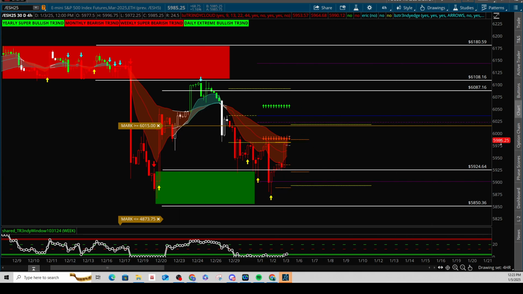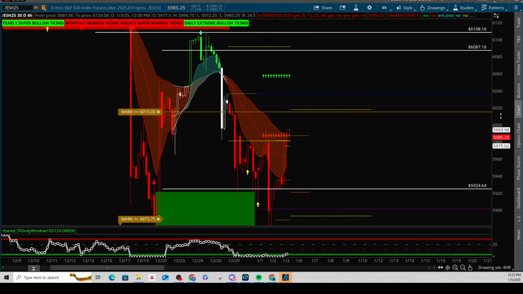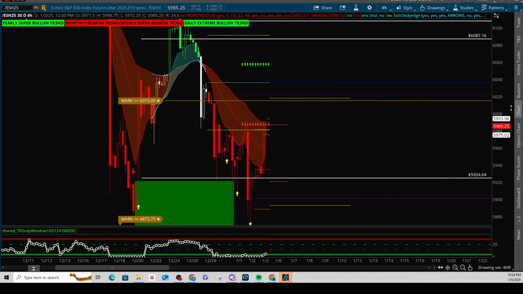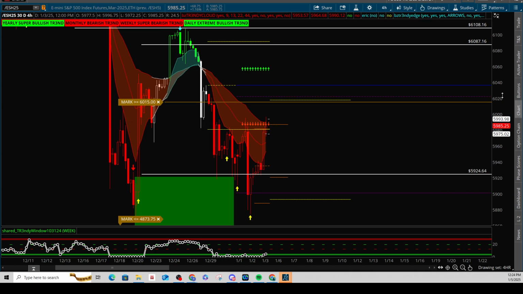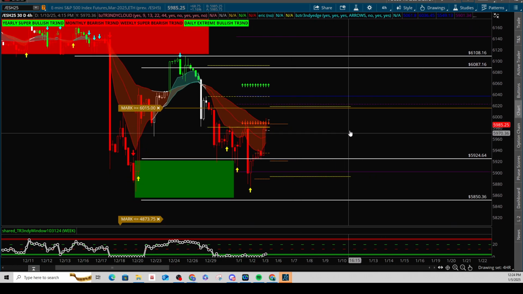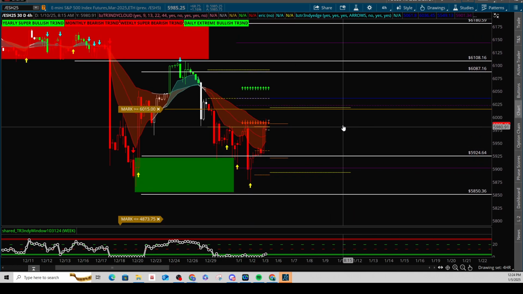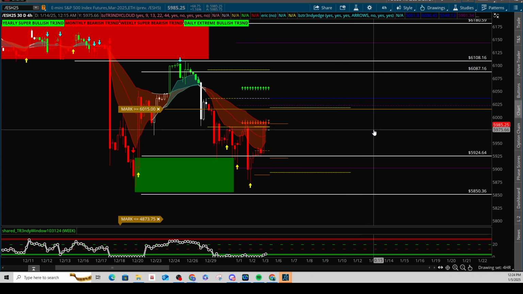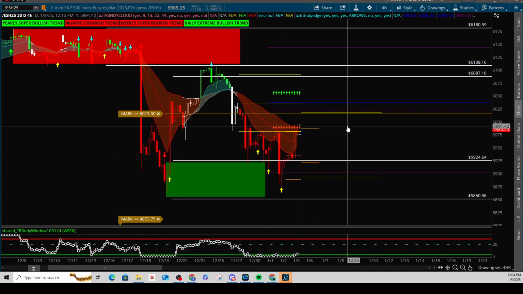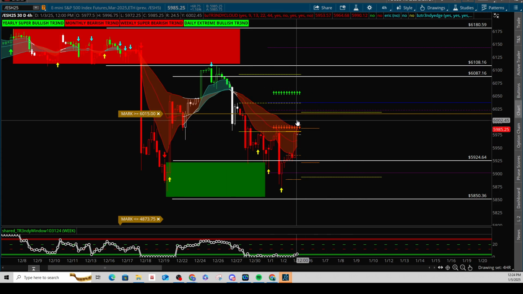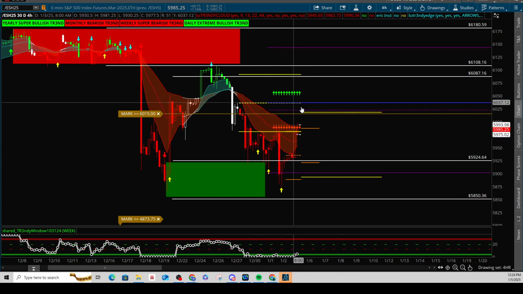But again, we are at very crucial levels here where we could see either a short pullback into Monday, Tuesday, and then possibly start to see some kind of trend develop into Tuesday afternoon, Wednesday, right before the holiday. Notice here that this is for the trendy room. This is an AC/DC that's setting up.